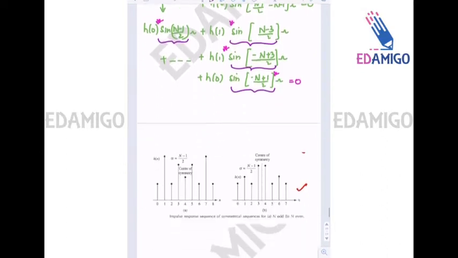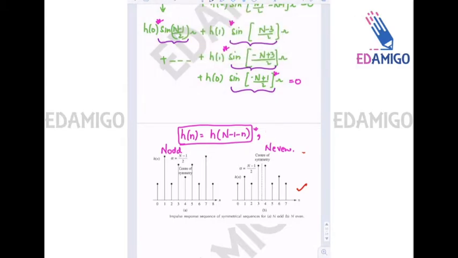Okay. So what is the condition? That Hn is equal to h of capital N minus 1 minus n. So this is the condition. Now there are two cases. One case n is odd, one case n is even. Okay, so in Hn equals h of capital N minus 1 minus n,